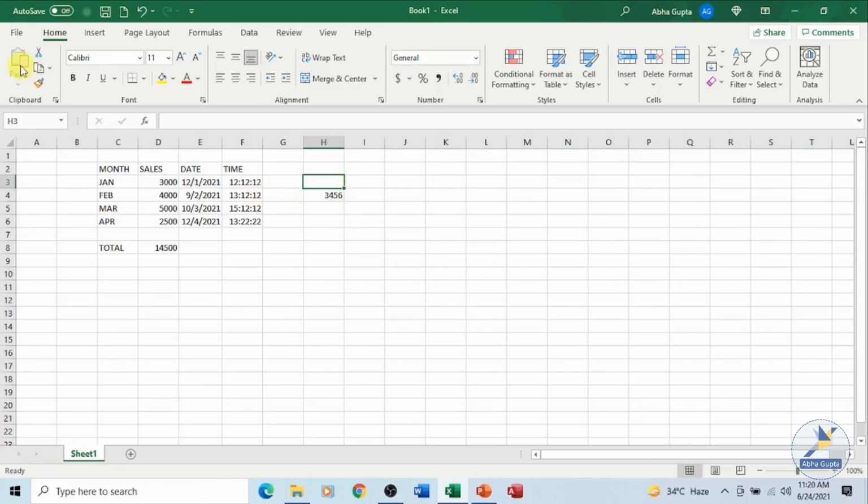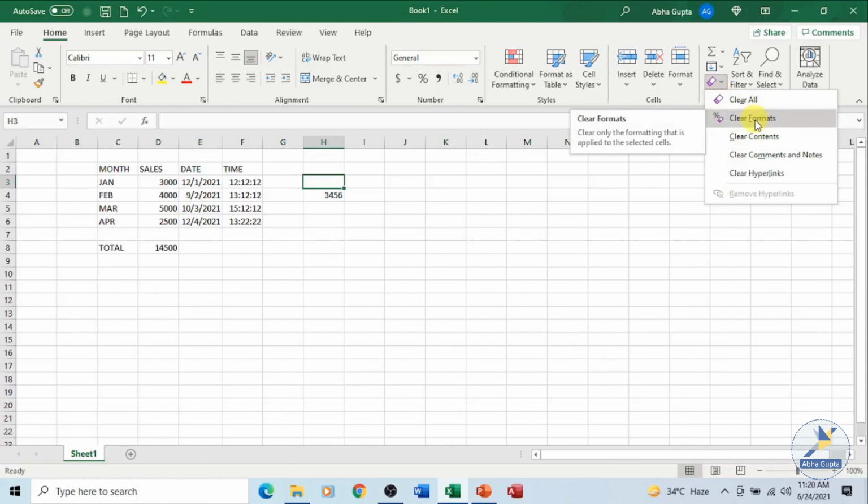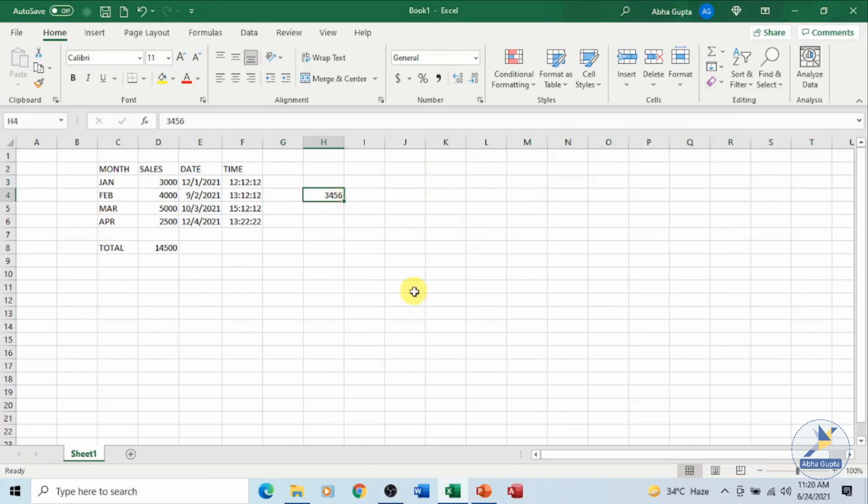Another method is you can click on home tab, and in your home tab under your editing group, you have a clear option over here. You can click on this clear option. You can see all these options over here. You can clear the formats if you have applied on a cell. You can clear the contents of the cell. Let's try this option over here. This is my data over here, 3, 4, 5, 6 in cell H4. In my home tab under editing group, I go to clear option and I say clear contents. The data will be removed.